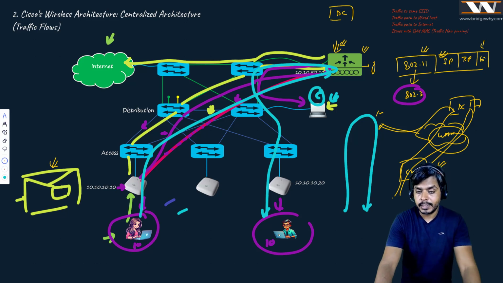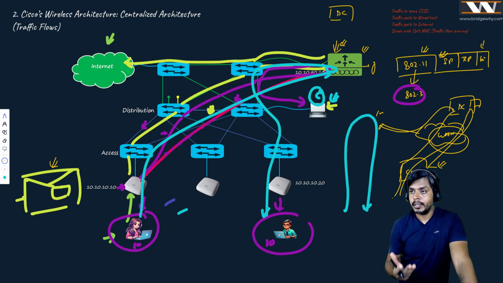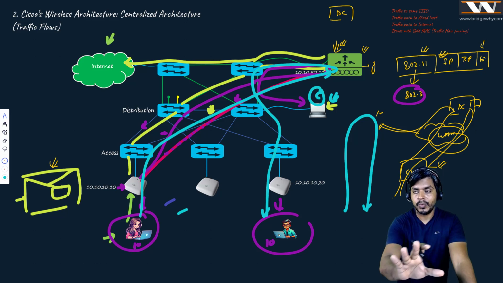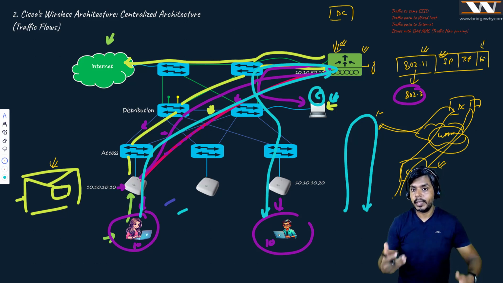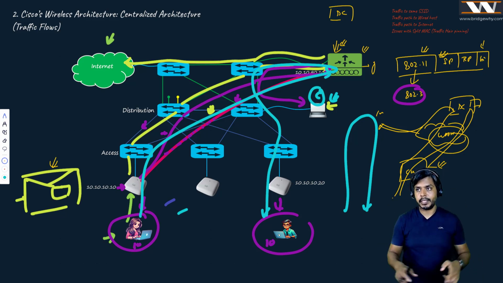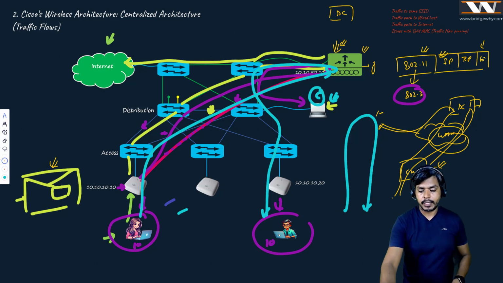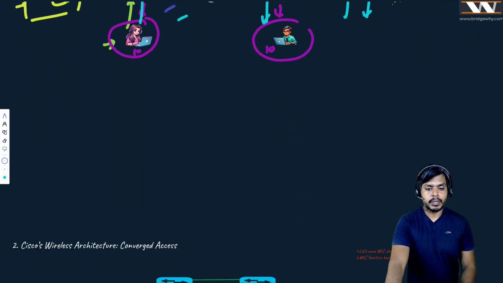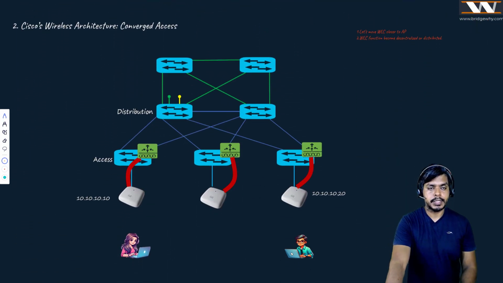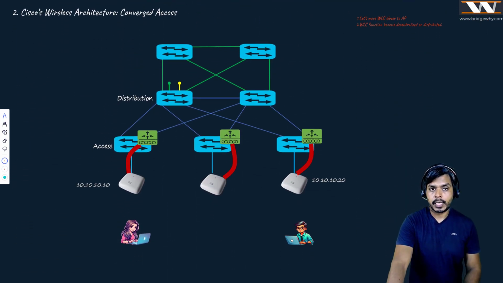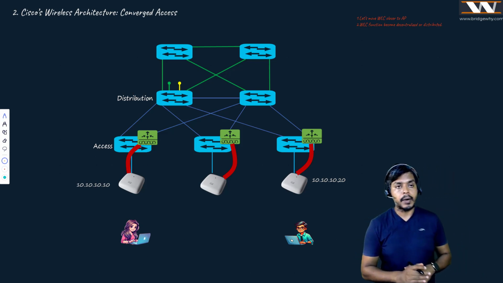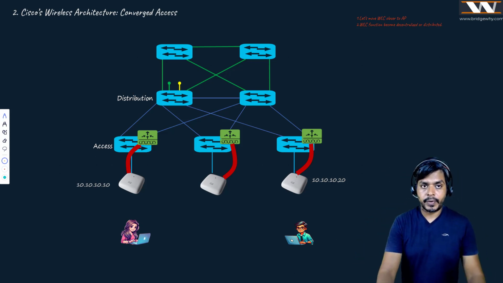Most wireless engineers know how to configure a WLC, but they do not know where exactly they are fitting their wireless infrastructure into the complete picture. I just wanted to make a complete picture for you. Having said that, now I would like to talk about the next one, which is converged access, right? And the last one is going to be FlexConnect, but we will not be talking about FlexConnect today,